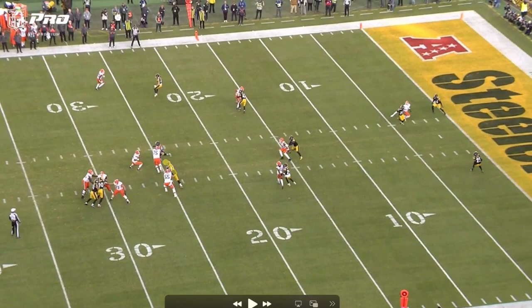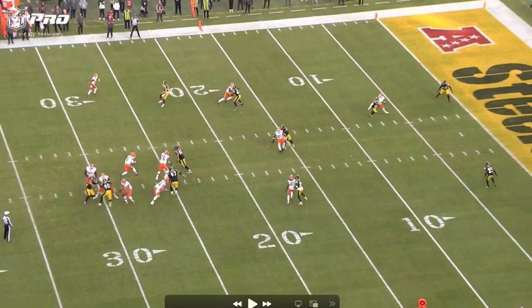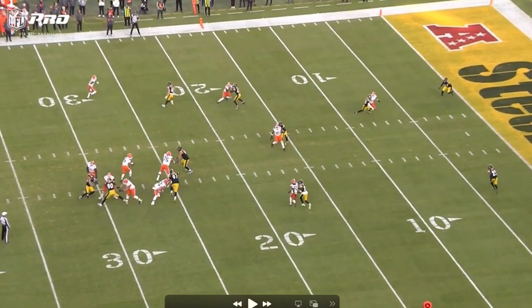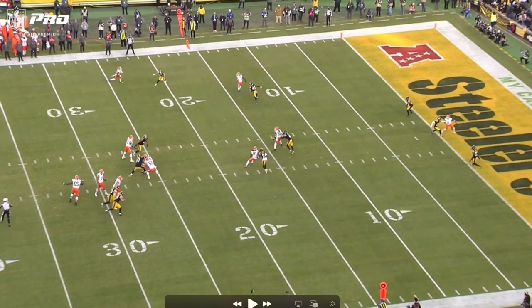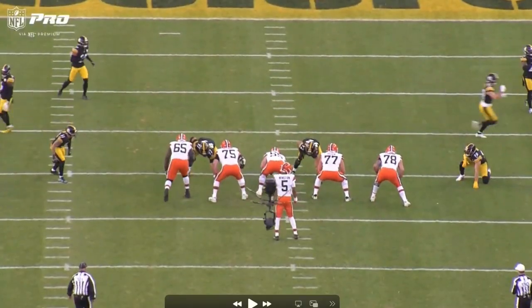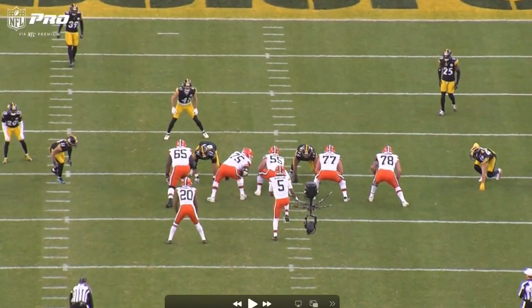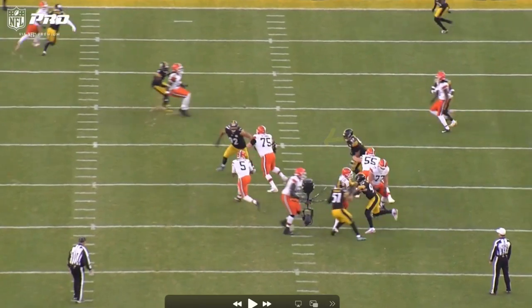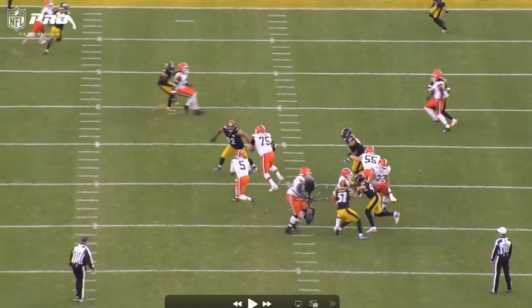Heyward ends up collecting the sack, but this is a combination of a coverage sack and the 2 defensive tackles maintaining discipline, understanding the risk of a run in this situation and not allowing any big holes in the pocket up the middle to ultimately collect the sack. You can see it here from the end zone view. Winston drops back and initially doesn't have anything, so he sees the escape route, and this is just a great job coming around. And then the follow-up is important too. The moving in harmony here so that there's no place for Winston to escape, closing in the pocket